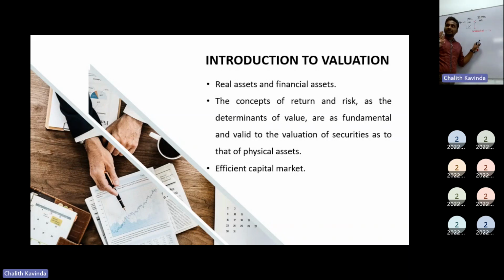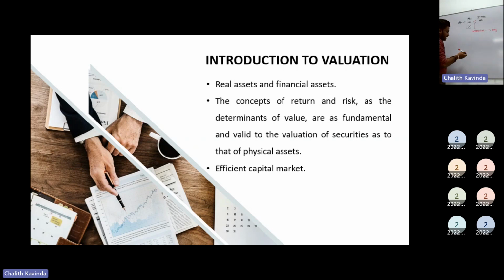If the share is undervalued, it would be better to consider buying the share. But you need to do a lot of analysis before that, when it comes to the price earning ratio valuations. Usually we say if the price of the share is undervalued, better to buy. Why? The price is lower, so you can buy. Once the price increases, you can get the capital gain. This is the first scenario.